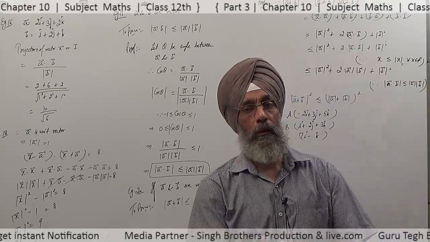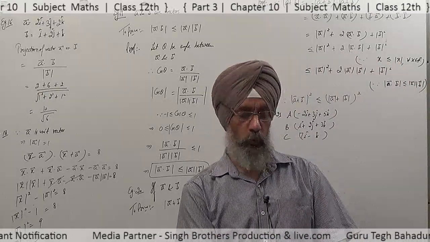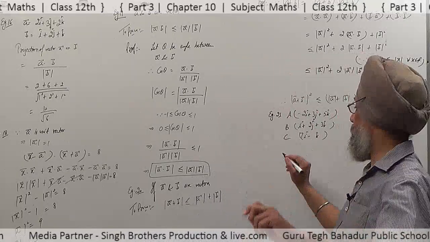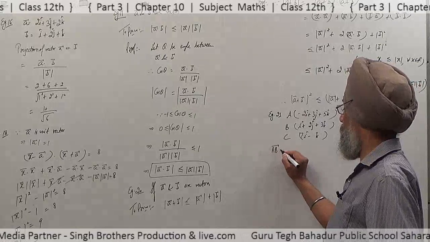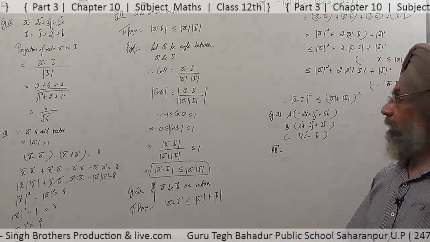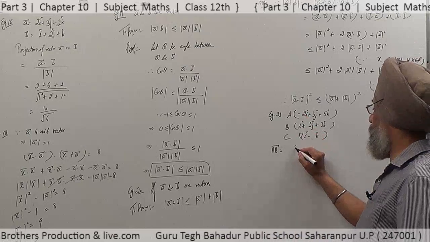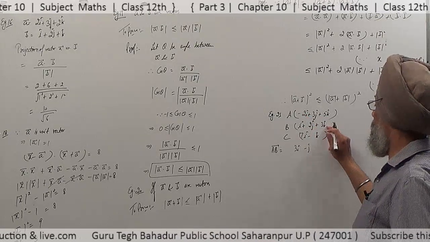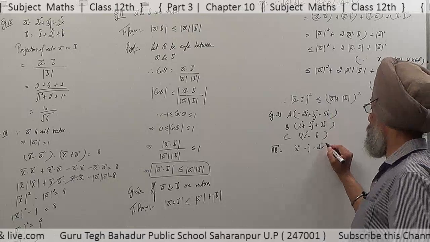Collinear means lying on the same line. Three or more points, if they lie on the same line, are known as collinear points. So first of all, we find AB. AB is given by OB minus OA. Out of B, we have to subtract A here. So i minus minus 2i becomes 3i, 2j minus 3j becomes minus j, 3k minus 5k becomes minus 2k.